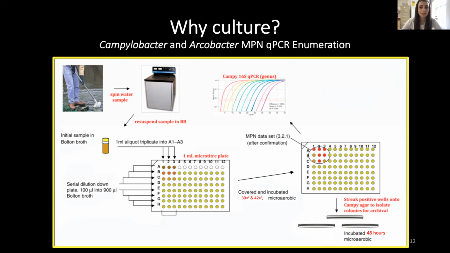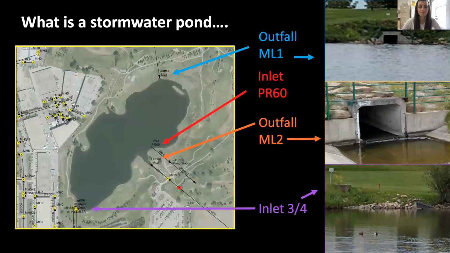Secondly, the purpose of culturing is to build a library of isolates that will be tested for the potential of virulence genes using different primer sets. Now again, the method that was used was a most probable number qPCR assay. For this assay, water samples are centrifuged within 24 hours of sampling. These samples are then aliquoted into 96 well plates and allowed 48 hours for growth at 32 degrees for Arcobacter and 42 degrees Celsius for Campylobacter. Following growth, the bacteria are enumerated by qPCR.